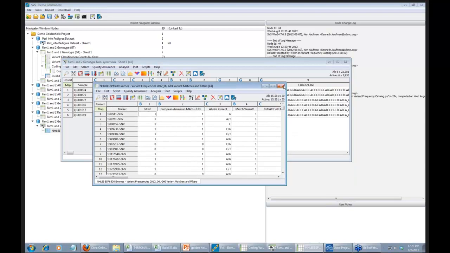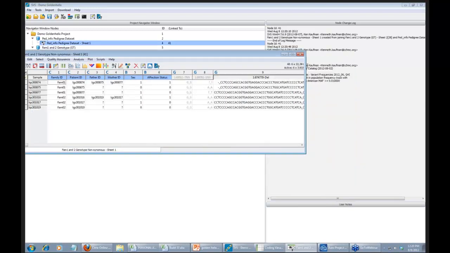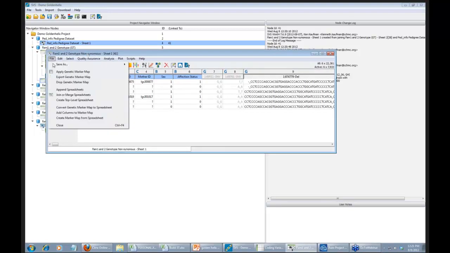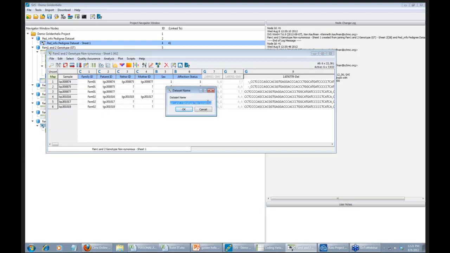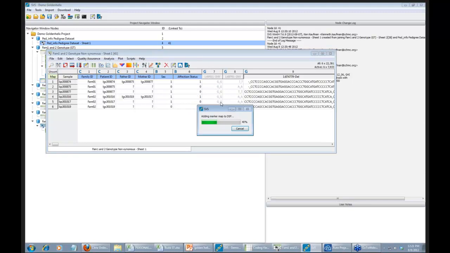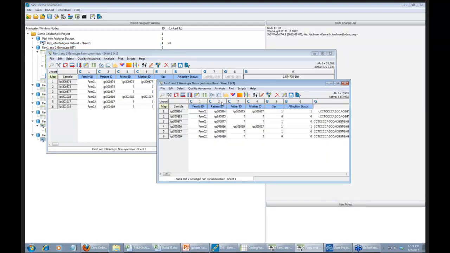And so what you can see is that of those 22,000 SNPs that we started with, about 8,000 of them would be considered rare. I'm going to go ahead and create a top-level spreadsheet here. So we've already gone from 113,000 variations down to about